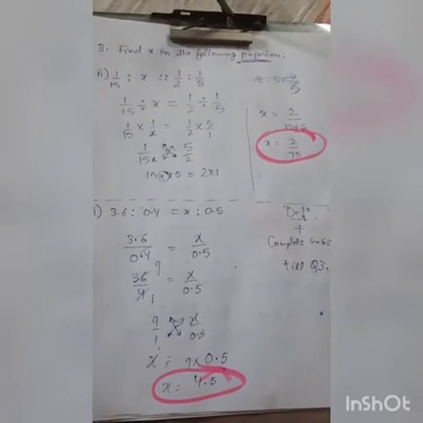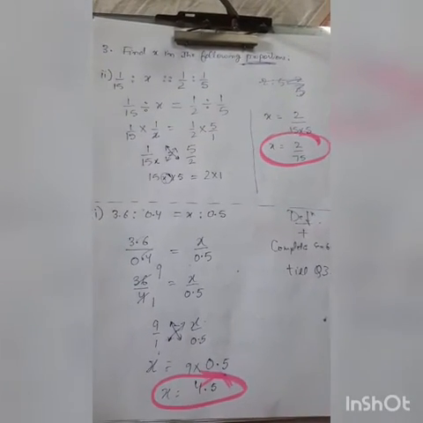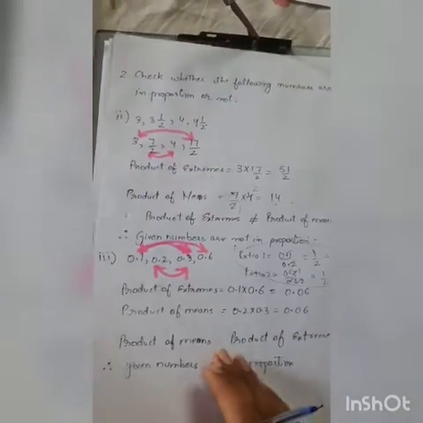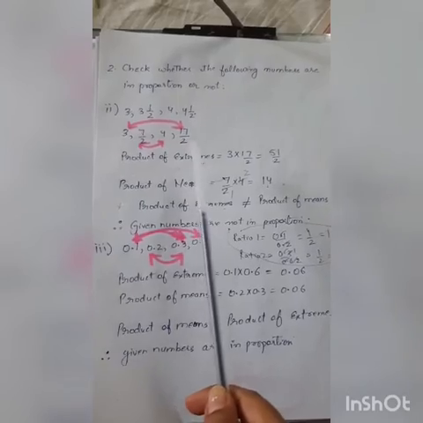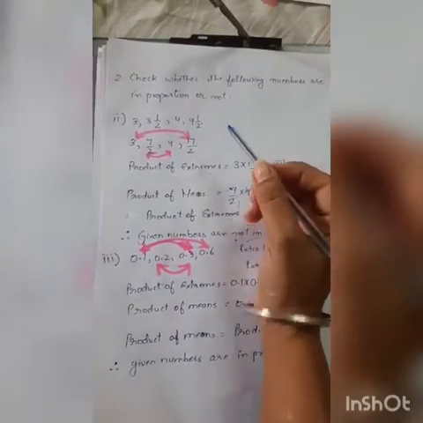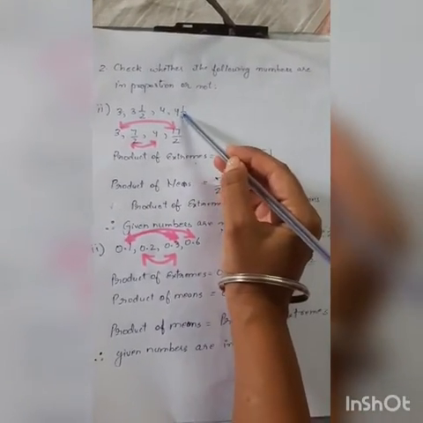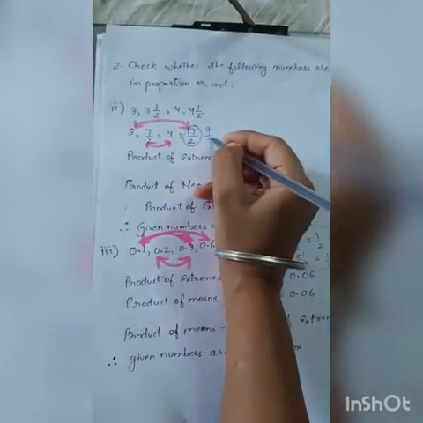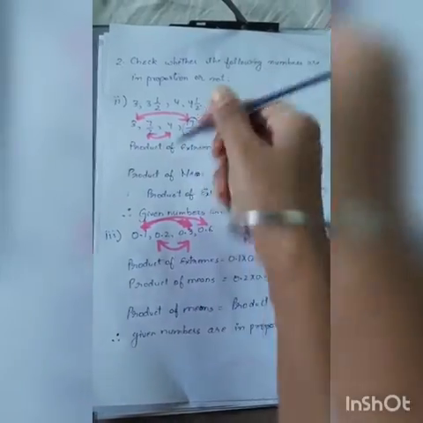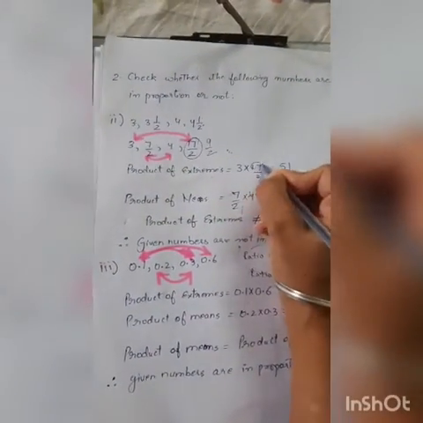Welcome to the class. Students, before I proceed, I would like to ask you to make certain corrections. In yesterday's question number 2, there was a second part in which the question was 4 whole 1 by 2. This is 4 2s are 8, 8 plus 1 is what? 9 by 2. So this was the mistake here. So please make the correction accordingly, you will solve. This will be 9 by 2.